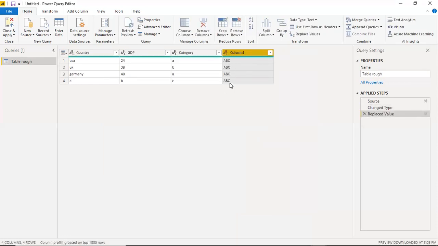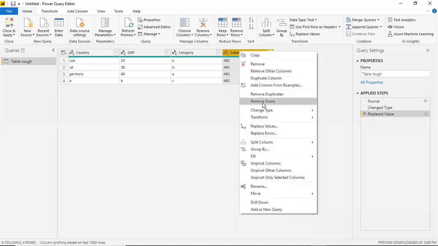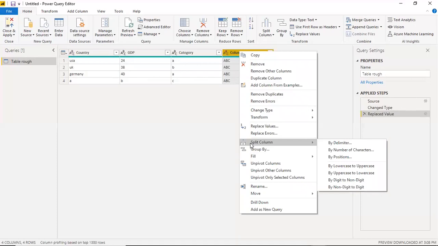As you can see, it is quite easy, and this is not the only feature that we have. We have other options too. If you observe closely, you will see remove errors, transform, replace, and splitting the column. If you want to split with a delimiter, basically we mean we want to split this column with some kind of symbol or anything like that. Definitely, splitting is something that we will cover later.